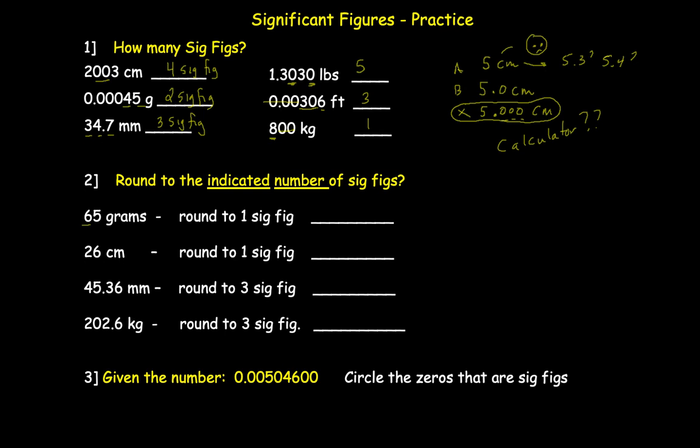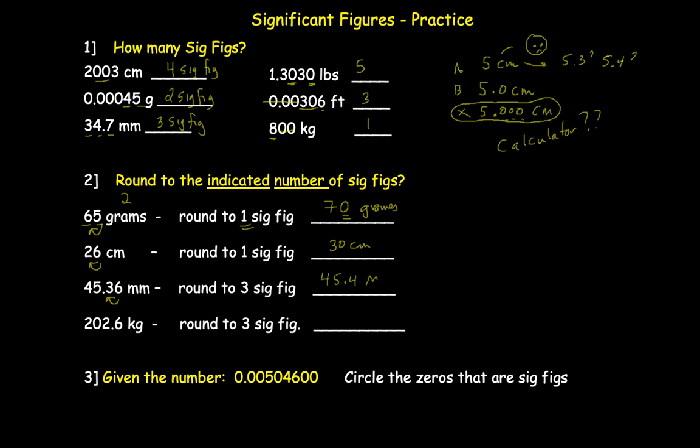If you have 65 grams and you want to round it to 1 sig fig, well, right now this has 2. So we're going to round it to 1. So we're going to take the 5 and we're going to round it up. We would round the 6 to 7 but we have to fill that place with a 0. So this would round to 70 grams. Again, you have to hold the place. So one significant figure, the trailing zero doesn't count. Okay, 26 centimeters, I would round this to 30 centimeters. No decimal point. Okay, if I round this to 3 significant figures, I would take the 6, round that up, and I would get